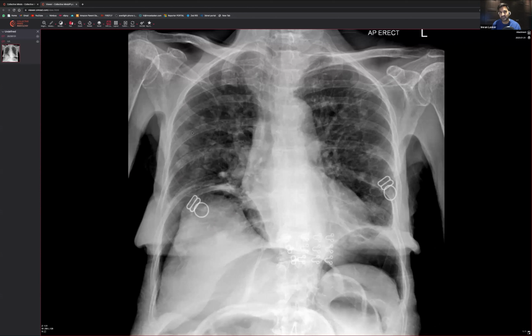Okay, what density? Is it bone density? If I'm not sure, I'll have a look at the bones. I know bones look like this, so it doesn't look like bone. It doesn't look like air, because air looks like this on the outside of the body. But it does look like soft tissue. So that'd be soft tissue, that'd be soft tissue over here. So this looks like a soft tissue density. So we've got multiple soft tissue densities scattered throughout both lungs. Okay, so that's one abnormality.